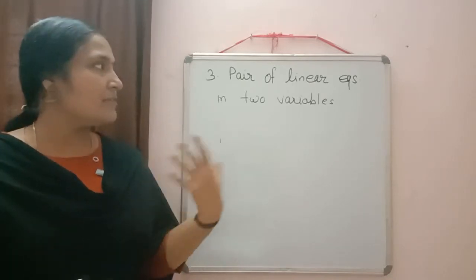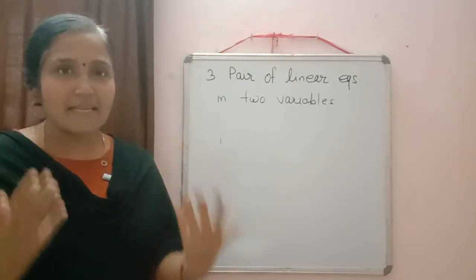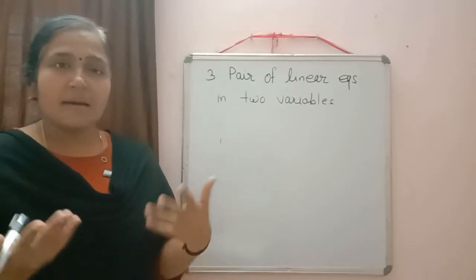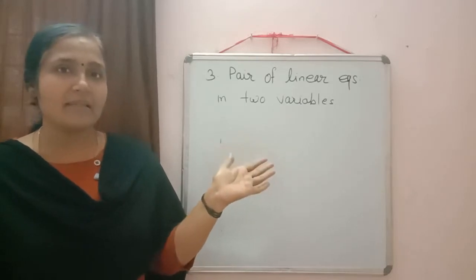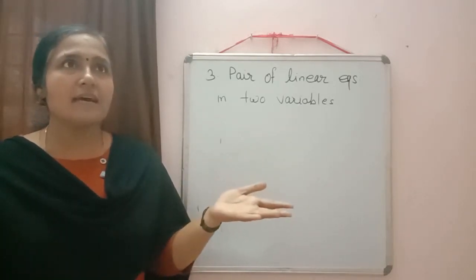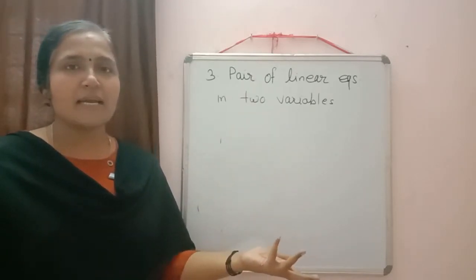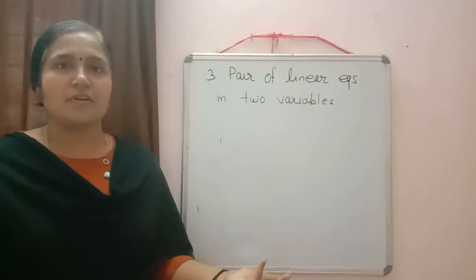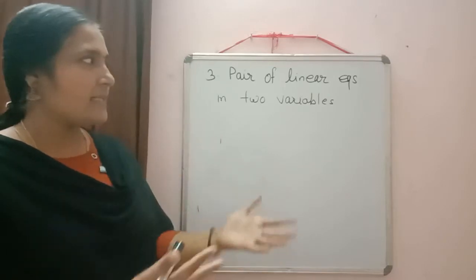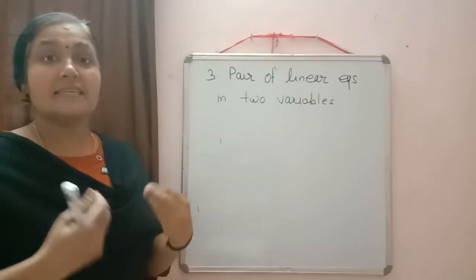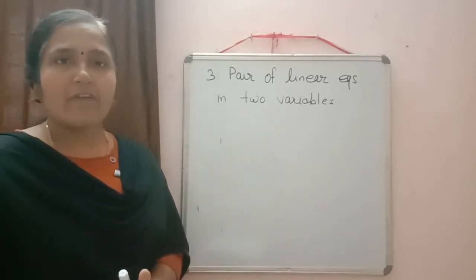But before solving it graphically, we should know how to draw the graph there and we should know whether the solution exists or not. Sometimes cases will come when we have solved by algebraic methods. In some questions we are getting the condition as infinitely many solutions, and in some cases we are getting that the equation has no solution. So how can we check, how can we find out, whether the given pair of linear equations is consistent or inconsistent? For that we will use the graphical method.